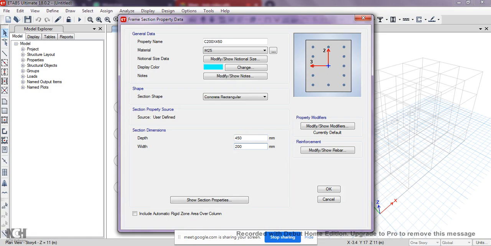Okay, so next I have to give the information regarding the reinforcement. How many bars are there, all this I have to give.